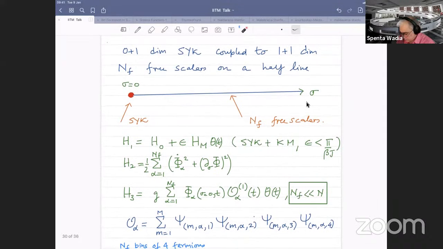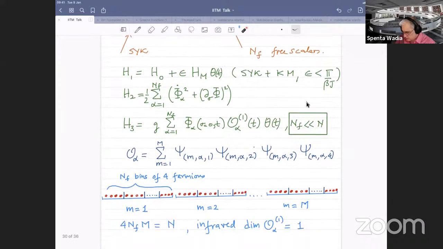So this is the SYK model. This is the relevant Hamiltonian perturbation which I talked about, which kicks in at time greater than 0. And this is the simple bath Hamiltonian. And this is the interaction. Now, if you have a scalar field in the bath, how will it be able to exchange energy with the SYK model? For that, one had to invent marginal operators, four-fermion operators in the SYK model. And this was beautifully done by Advait.